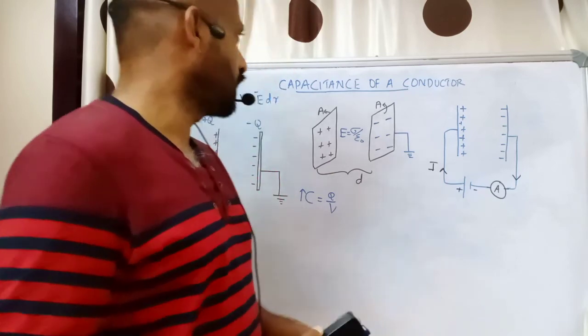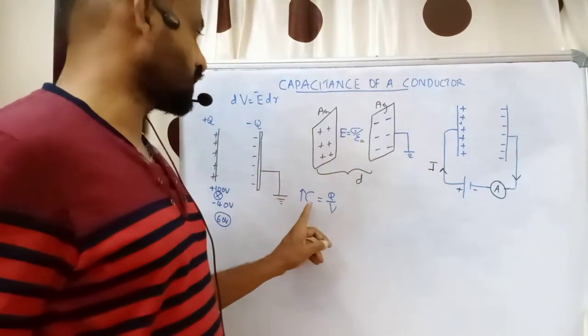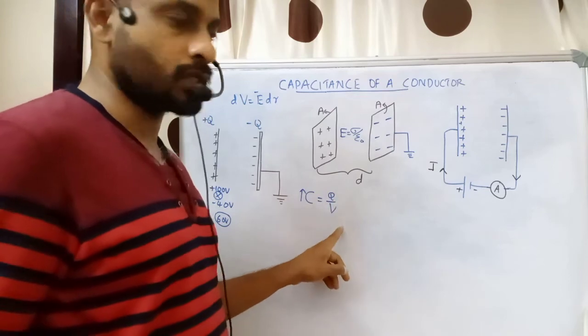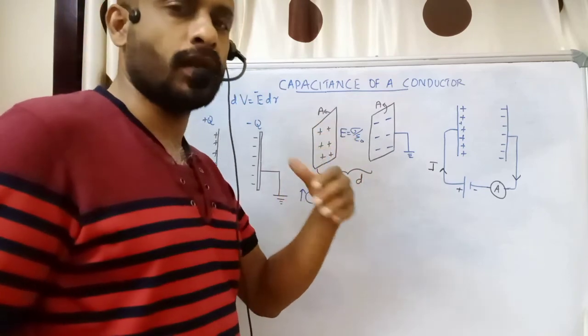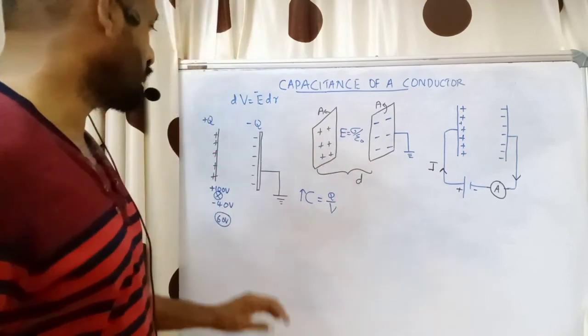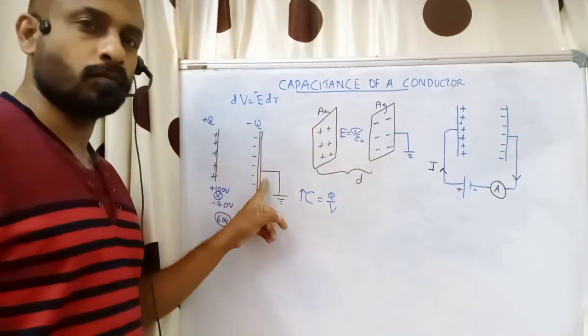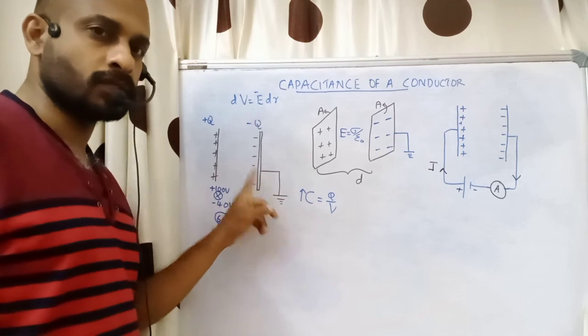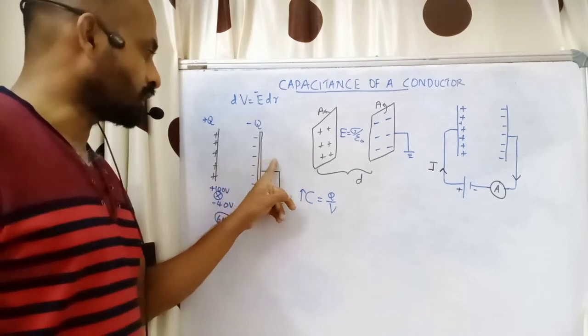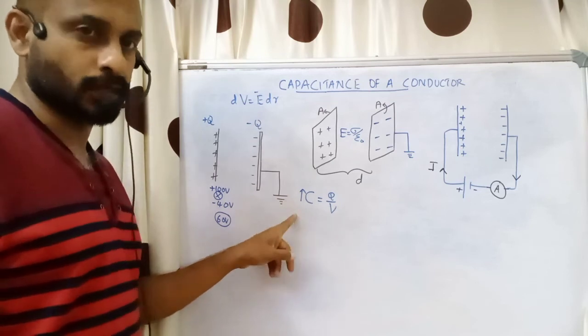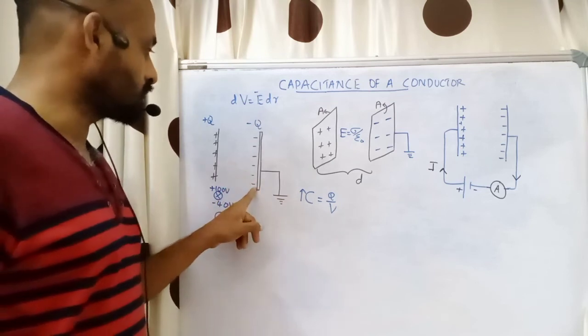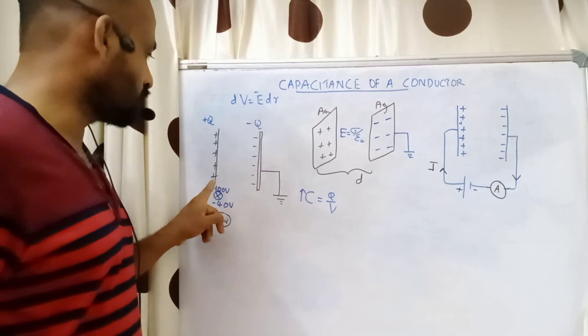So today we have seen capacitance of a conductor. Capacitance is equal to charge by potential. A charged conductor already has some capacitance. How can we increase the capacitance? To increase the capacitance, we need one more conductor nearby. Charge will be induced on the other side. Charges can flow to earth, but it can be neutralized by the earth connection.